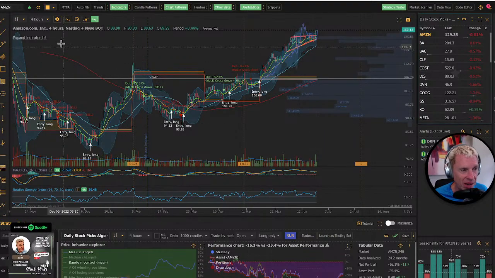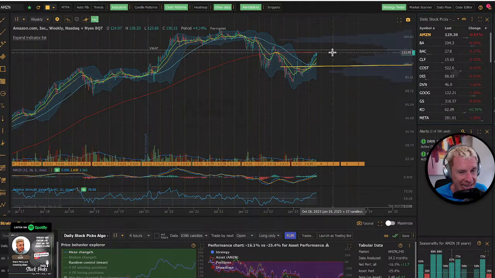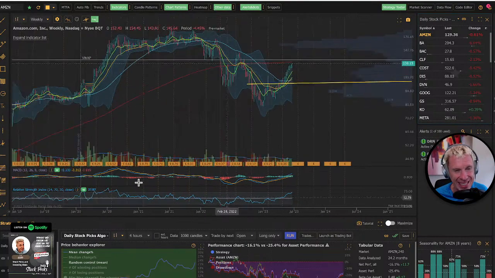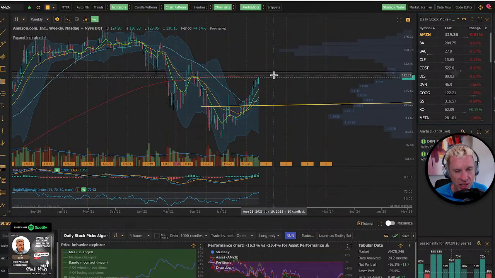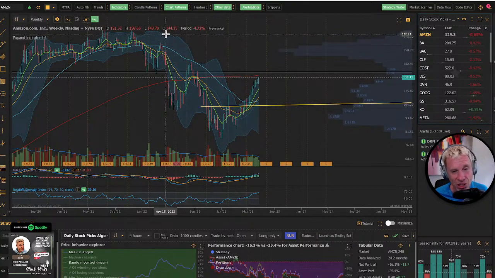But I do think even if you bought it up here, if we go and look at a weekly chart of Amazon, you're just at the 200-day. The 200-day right now is going to play some resistance, and your resistance is at 132. So it will play some resistance there. If we're going to see a pullback, I think we see it back to about the 110 level or so. So be patient. That 50-day on the weekly is just starting to turn positive. The 200 is still positive. But the all-time highs are around 180. So I still think that you have room to run. Here's about Amazon.